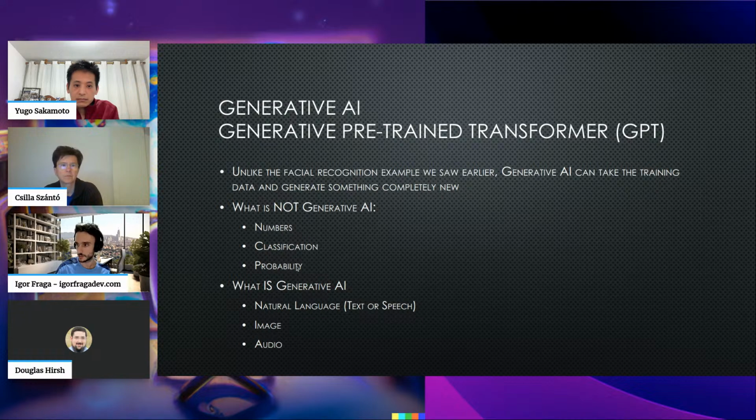Numbers, classification, probability. And what is generative AI? Natural language, text or speech, image, and audio. Generative AI is generated at runtime from this trained model. It processes according to the set of data contained in that model.